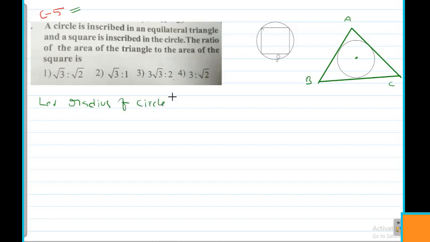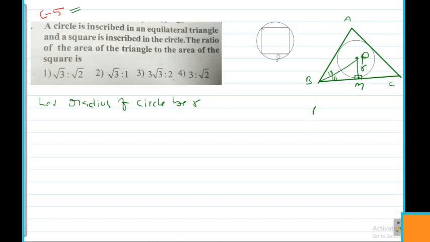This is the circle with small r. This is the center of the circle, say P, and the point of tangency is joined, because this is a tangent. This is M. So PM is perpendicular to BC. By a basic property of the equilateral triangle, if you join BP, this is the angle bisector. This angle is 30 and this is also 30. This is r. My intention is to find the area of the triangle and the area of the square in terms of r.